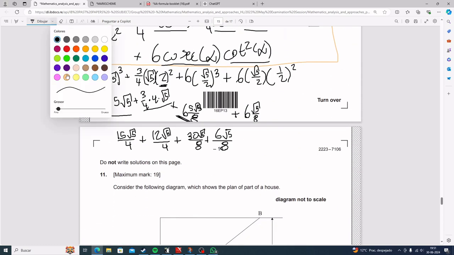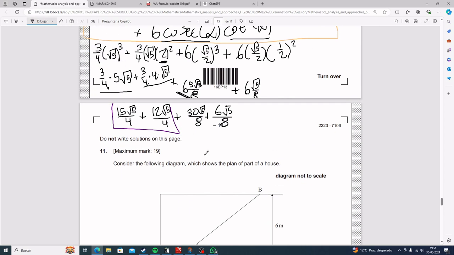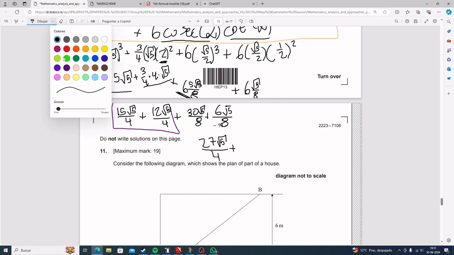So on the one hand, you can immediately combine these two guys. So these two guys will turn into 27 square root 5, because 15 plus 12, ¿cierto? Divided by 4. This next term, if you simplify it a little bit,